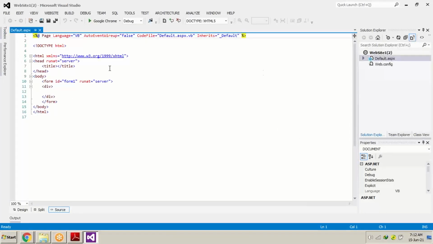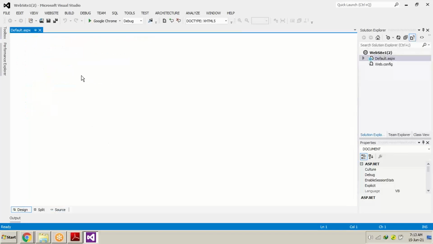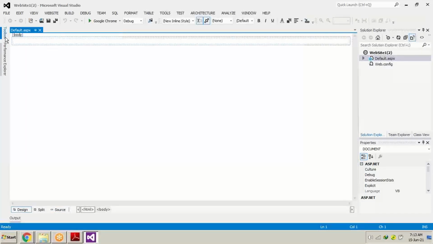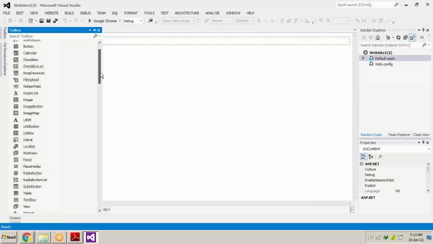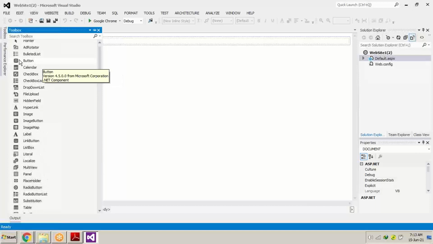Okay, so I believe you all can see the toolbox. I'm going to explain everything in further sessions. Up here you can see a control called Button. I believe you all can see the button over here. So this is the button, and where is it used?